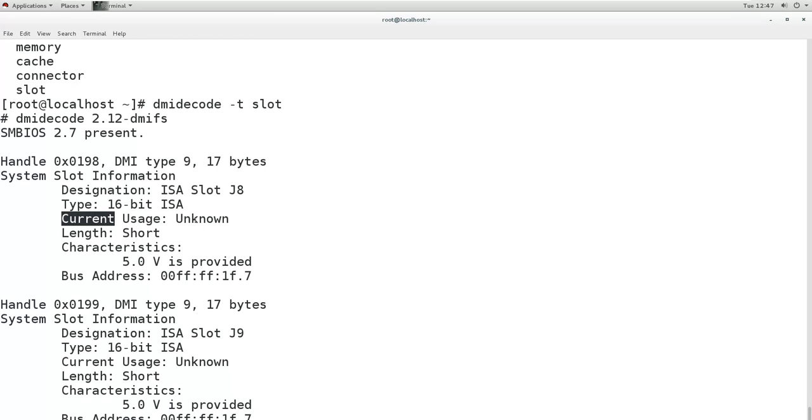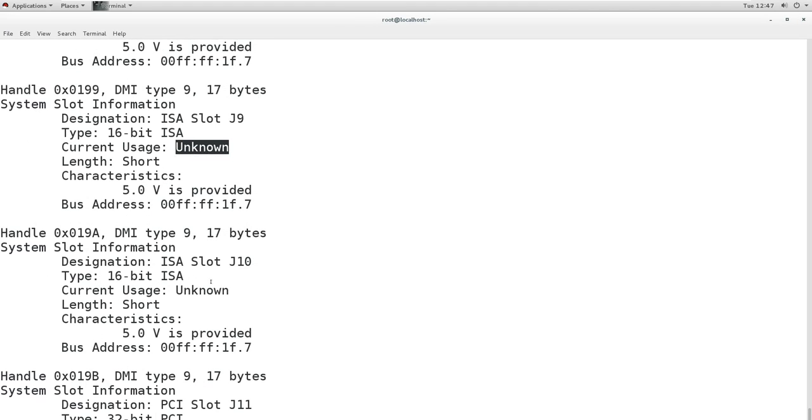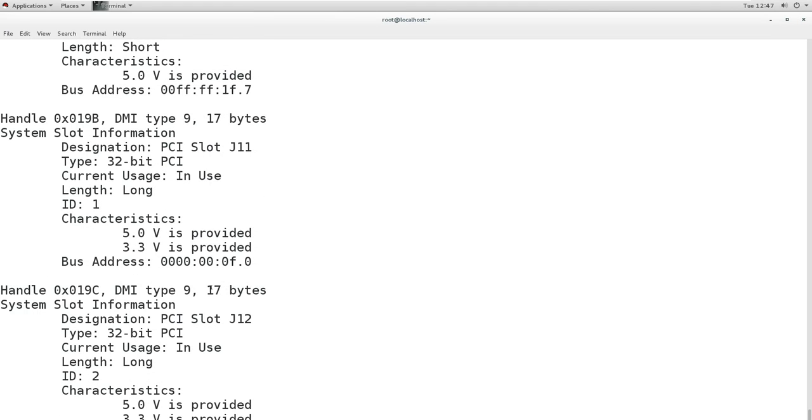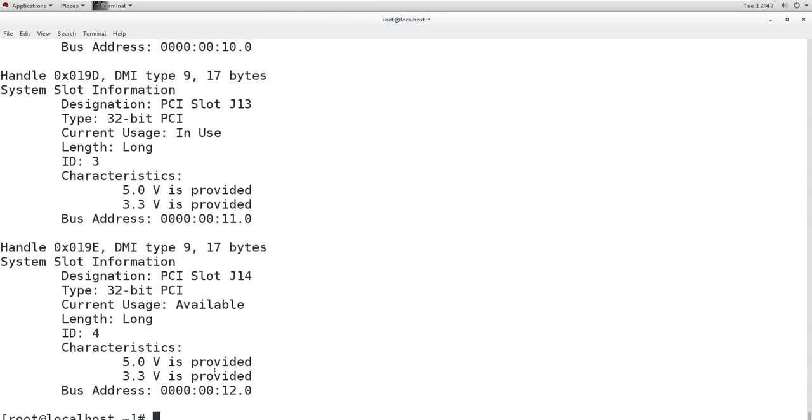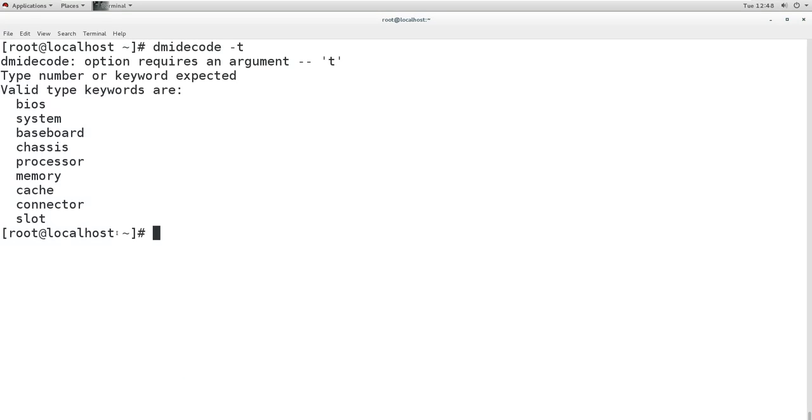Currently used, no. Currently used, no. Currently in use. So this one is in use, this one is in use, this one is available for use and all that. Whatever we have, we can see all this hardware related information for our system.